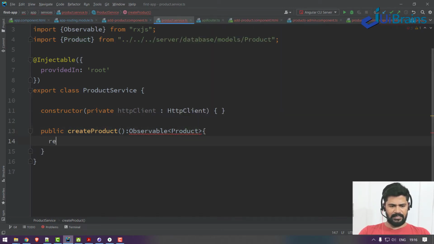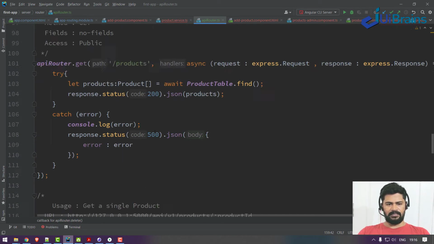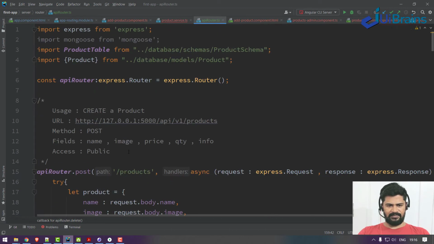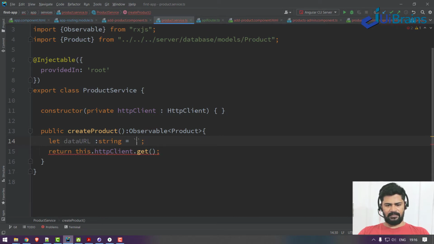Okay, that's fine. So now here for create you get the product. So return this.httpClient.post to the URL. So what is the URL? Let's say dataURL of type string is equal to, so what will be your server URL? For create products, I have a server URL, that is this one. Copy this back to here and paste it.